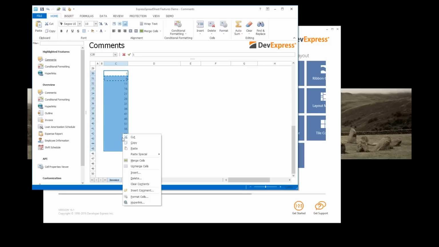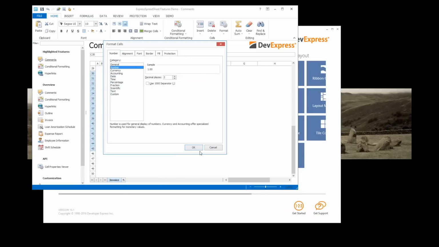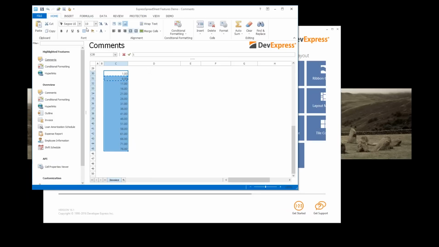Let's format that so we have something more interesting to see. I'm going to format it as number with 2 decimal places. I'm even going to go bonkers and color them red. So here we have a set of cells with some formulas in them, and let's investigate copying and pasting